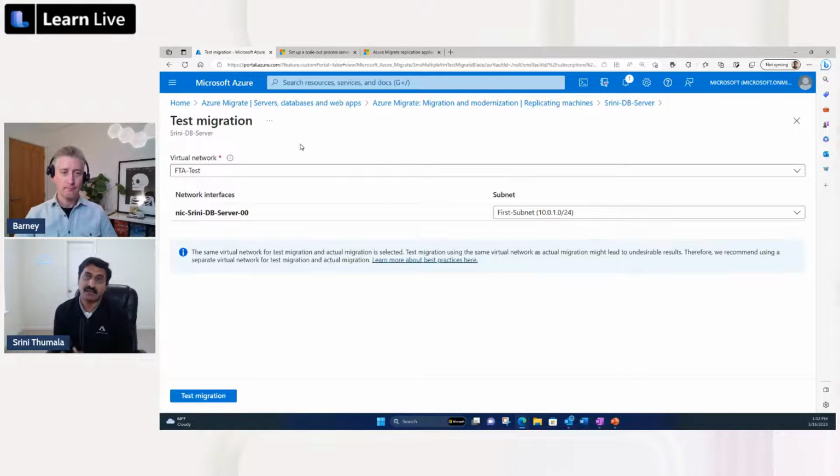There is no static choice of a virtual test network or the production network initially when I enable the replication. It's not a static variable. You can go back and change those settings. That is what I'm trying to emphasize here. And also the subnet, you can change the subnet if needed. And once I click on test migration,